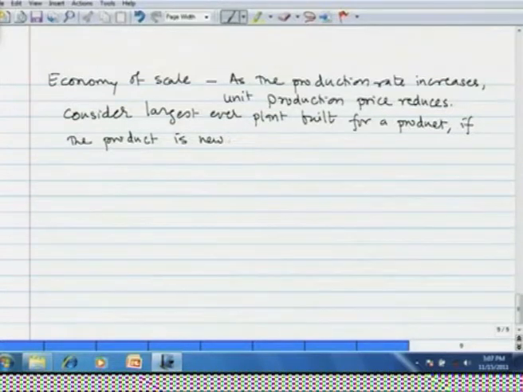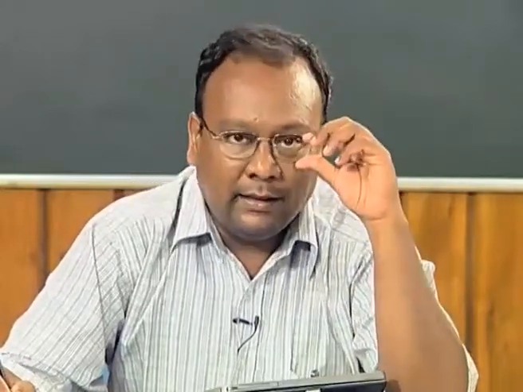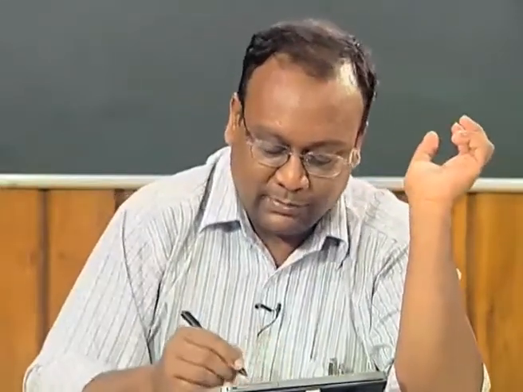Then another factor that governs the size of the plant is the size of the equipment that is needed for the plant. If the equipment for the plant is manufactured at another site and then transported to the site of the factory, then there is a limit as to how large a reactor could be, how large a compressor could be, if it is transported by road, if it is transported by rail, and so forth. So, size of the equipment limits the volume of operation.